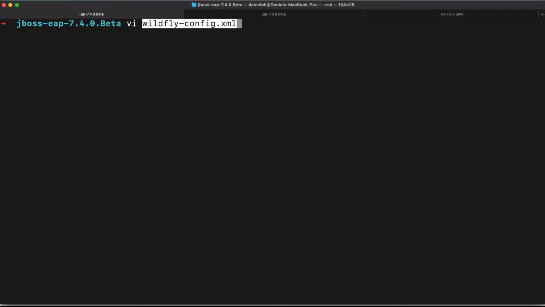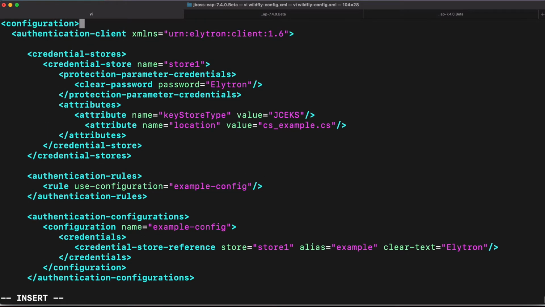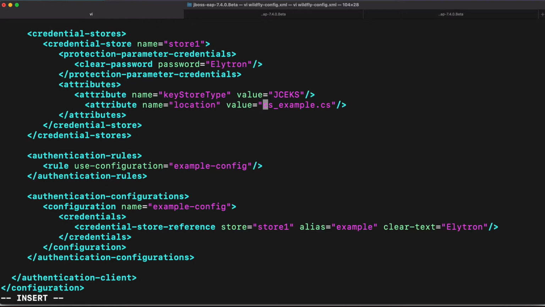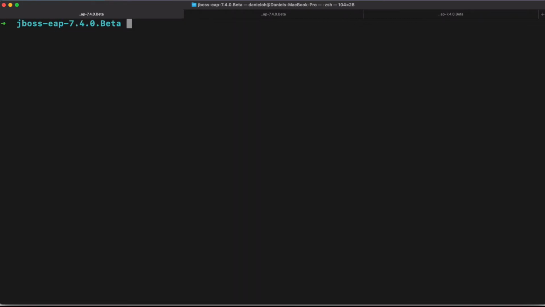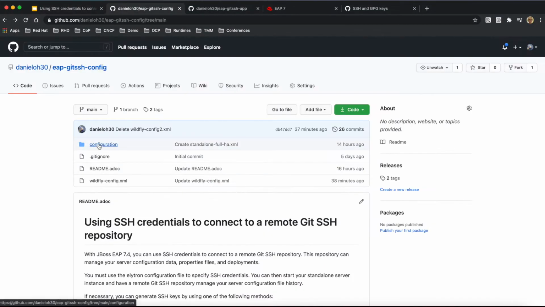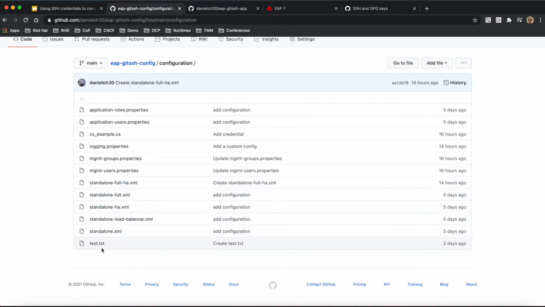So go back to our console, and in the next step, we're going to create the WildFly configuration, which needs to refer to the key pair we just created and stored in the credential store. Here is the default configuration I just copied from a cheat sheet. The one thing you have to do is use an absolute or relative path, specifically under the bin directory. So once we create the WildFly config file,